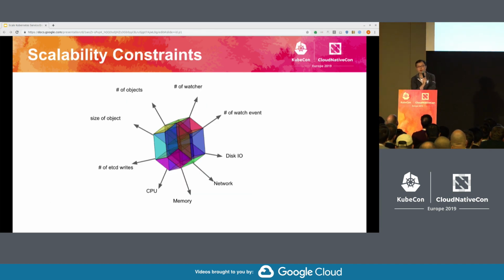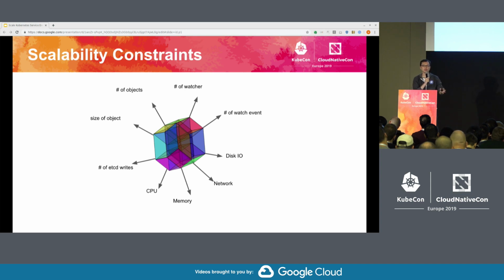We have a few guiding principles for this API redesign. Scalability has many dimensions. It's mostly trade-offs, and we can even drill down deeper into one dimension, for instance CPU. You can say we want to optimize CPU usage on the master or on the nodes, based on whatever algorithm you use or the pipeline you choose.